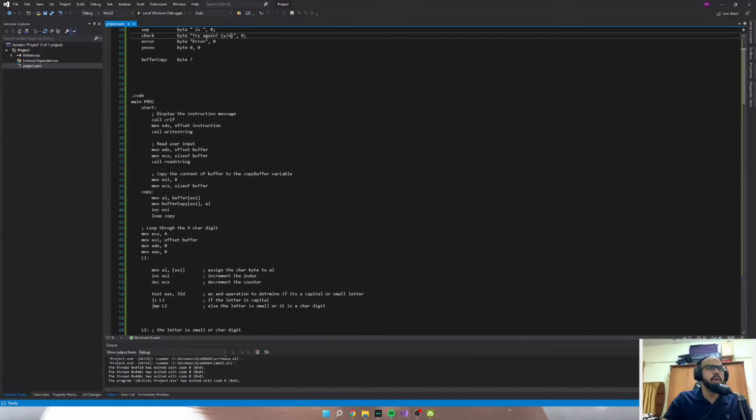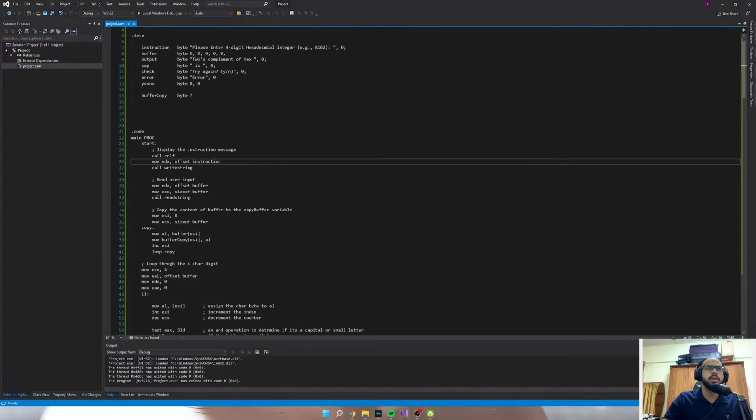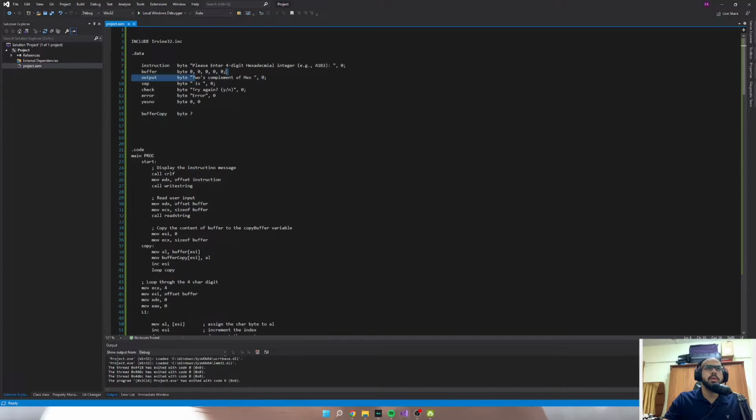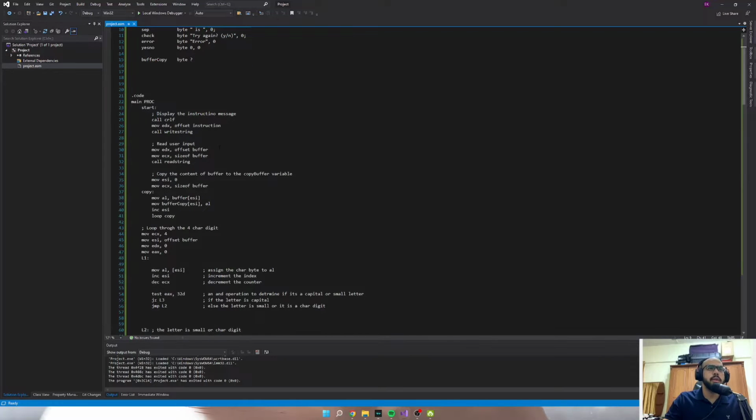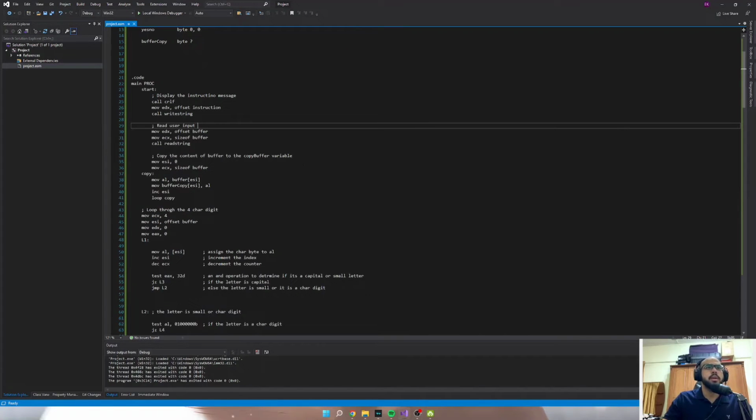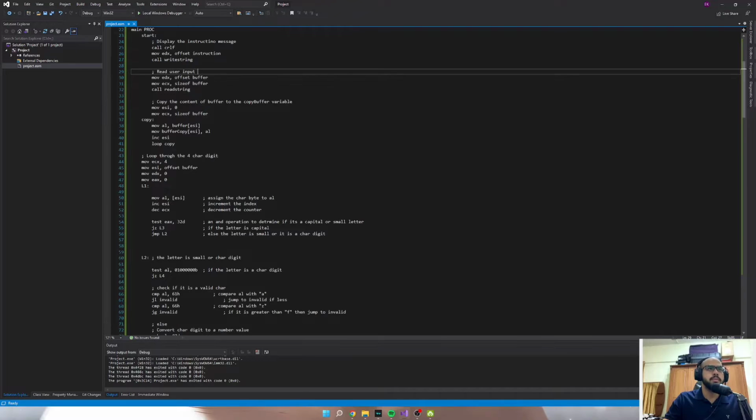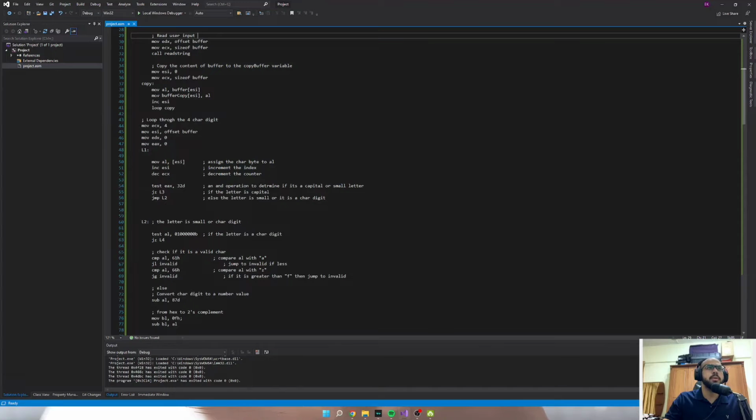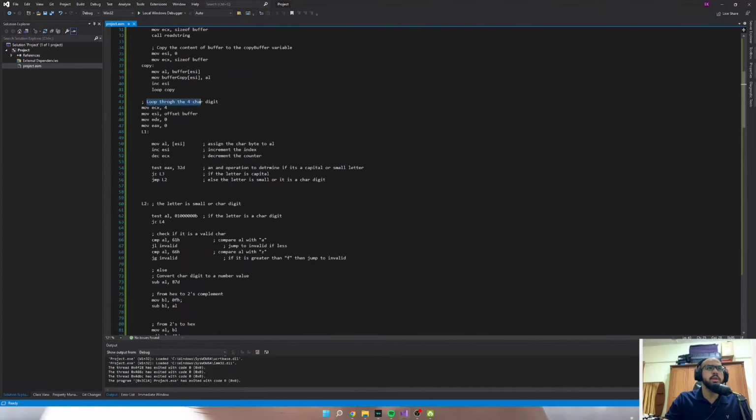And so if we look here, the offset instruction, we will call the string, and then we will read the user's input and save it in the EDX and ECX registers, and then we copy it to the copy buffer variable, and then we check